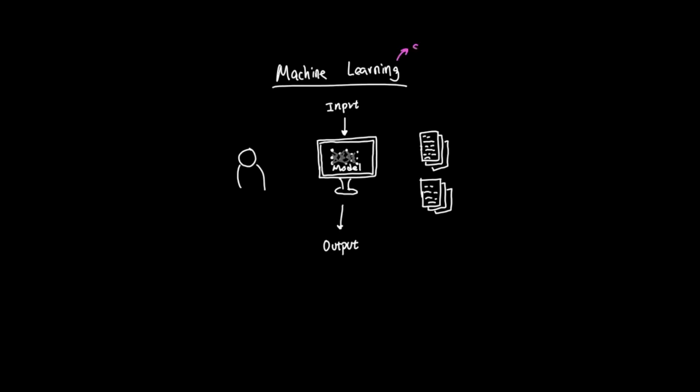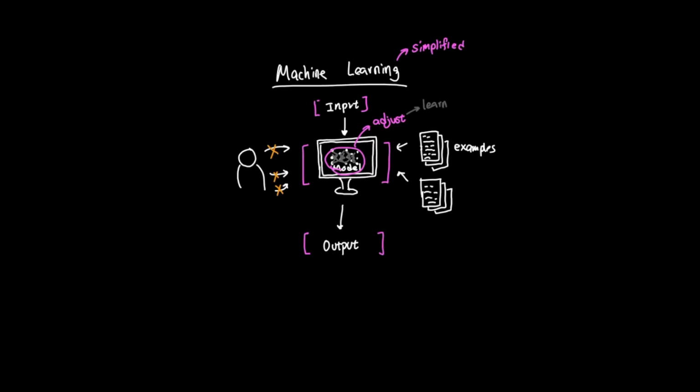So a simple way to think about a machine learning model is this. Input goes in, the model does some math, and a prediction comes out. The important difference is that we don't manually program every detail of that math. During training, the model looks at many examples and adjusts its internal values called parameters or weights, so the prediction improves. You can think of these as knobs inside the model that are tuned during learning. So when we say a machine learns, we don't mean it understands the world like a human, we mean its parameters change so it performs better at a specific task.